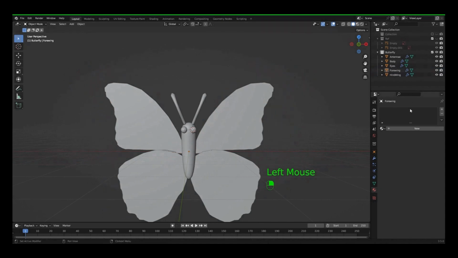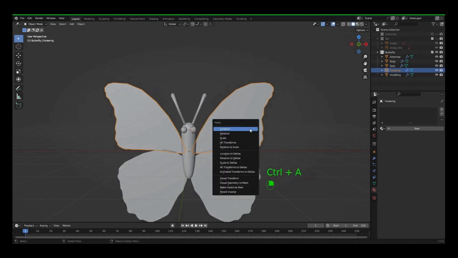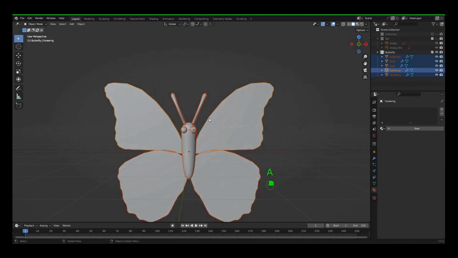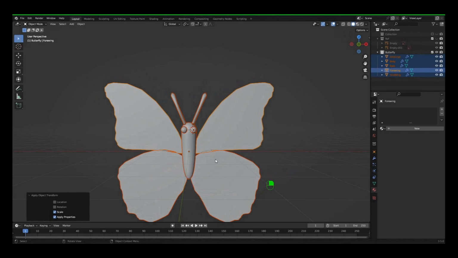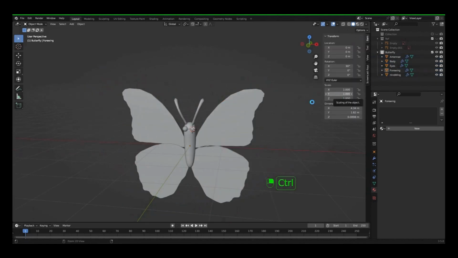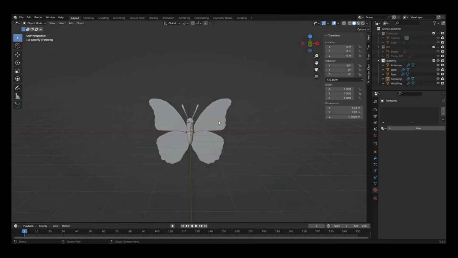However, before we do that, because we changed the size of pretty much everything, we're going to hit A to select all of our butterfly parts here. We're going to hit Control and A, and we're going to apply that scale. Don't forget to save your project. Save frequently. The next thing that we're going to do is go into the UV editing, and we're going to